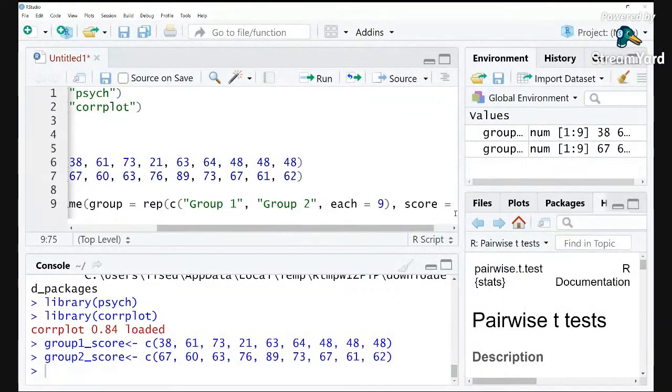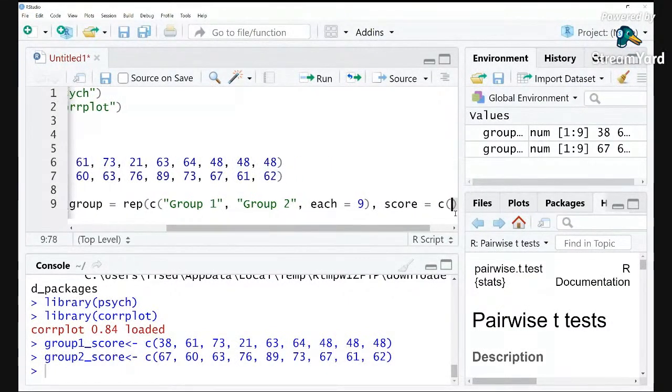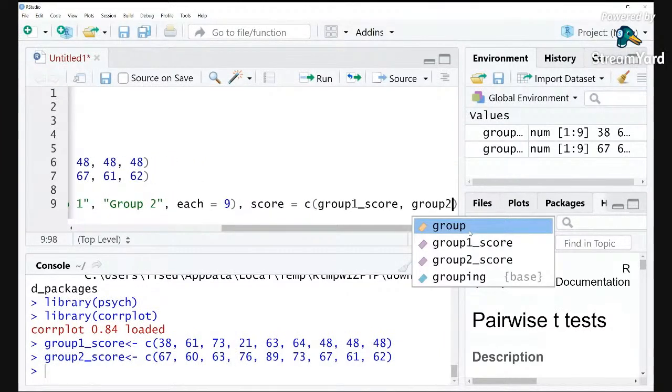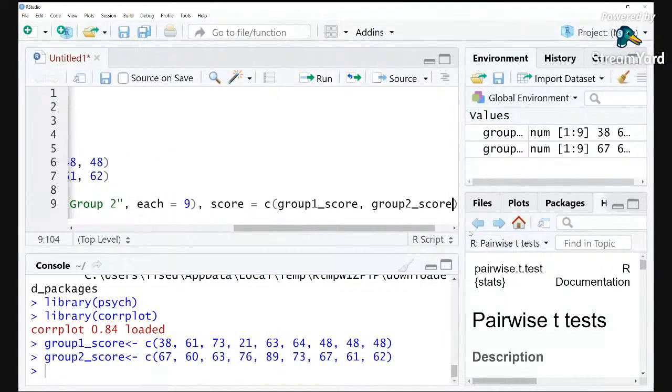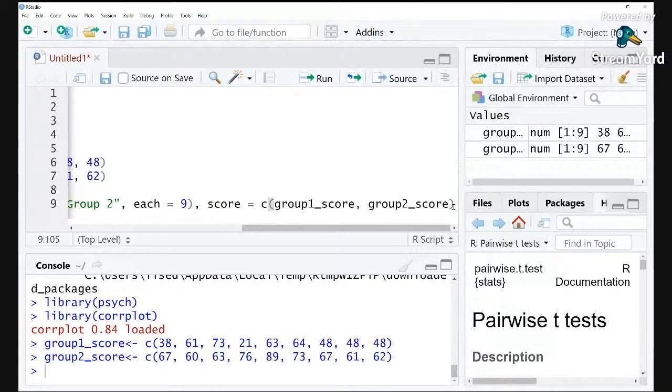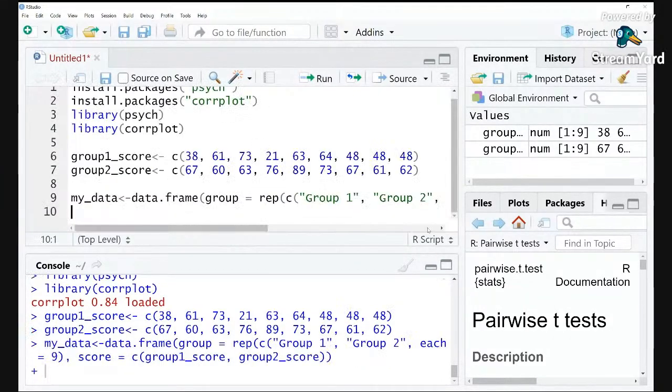So our score data is just going to be the combination of those two vectors that we just created. So group 1 score, and R, of course, is good at popping up and telling you what things you have that start with the letters you just typed. So you just hit tab, group 1 score, and then group 2 score, and hit tab. And you should have 2 closed round brackets at the end. I think mine jumped a little bit. Let me put one more in there. So if you run that line,